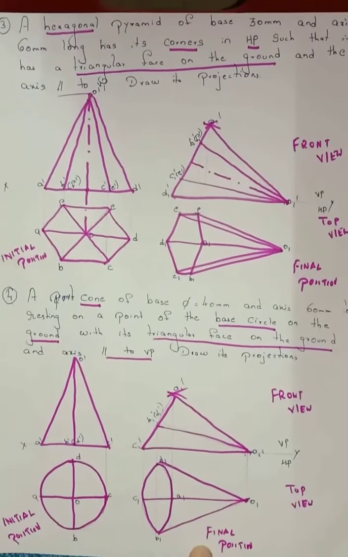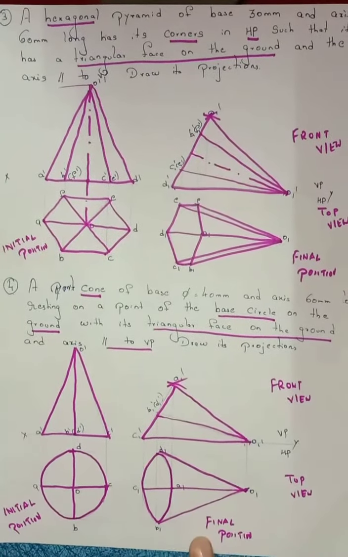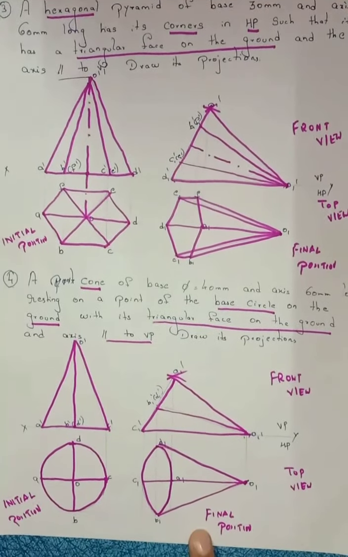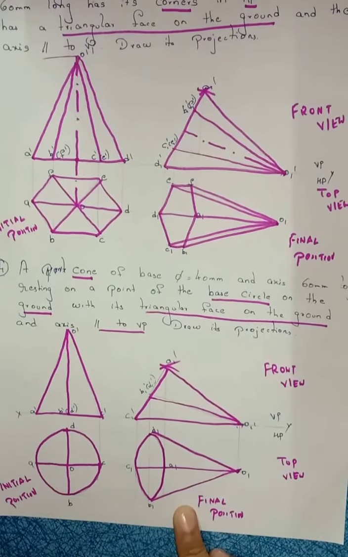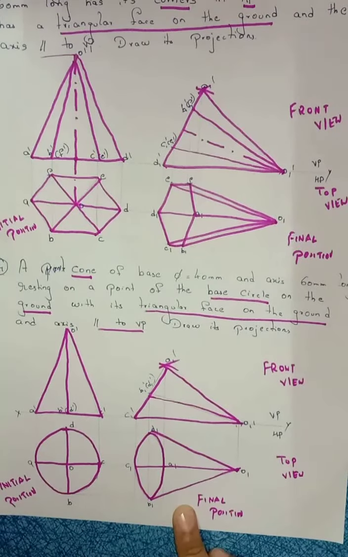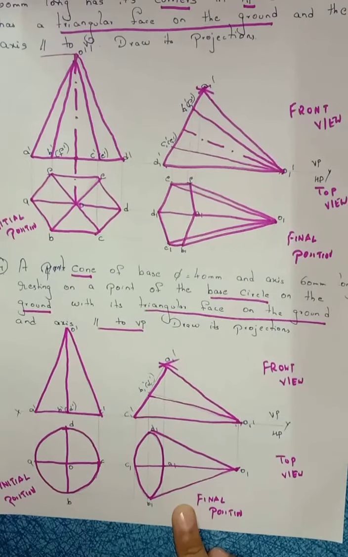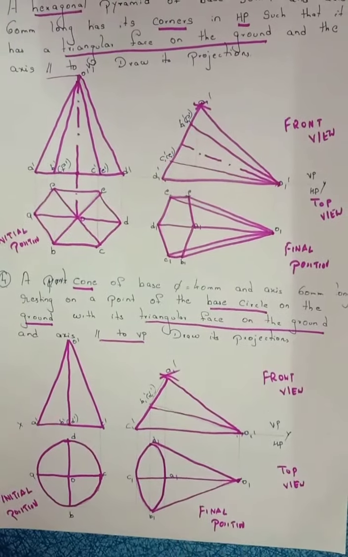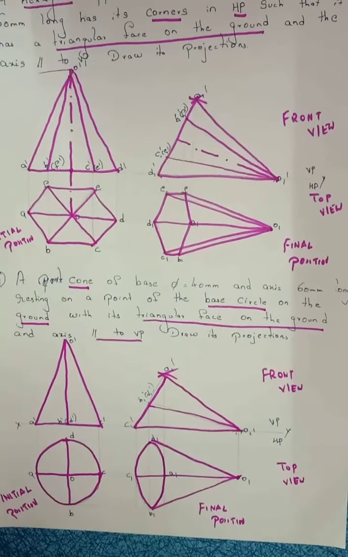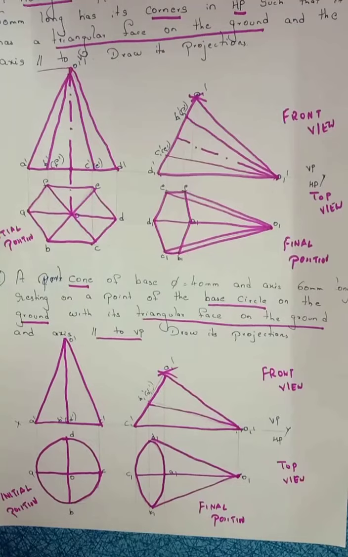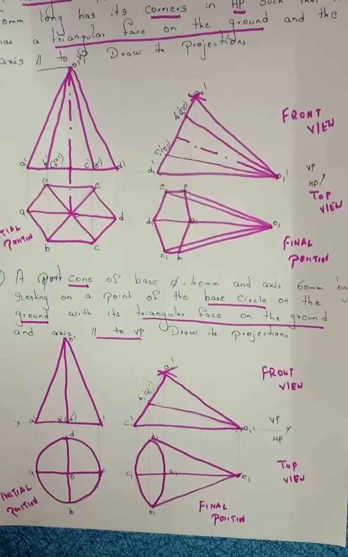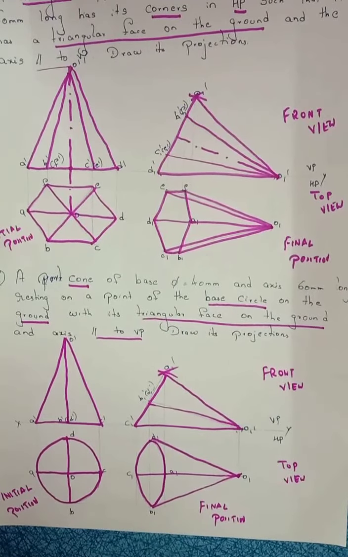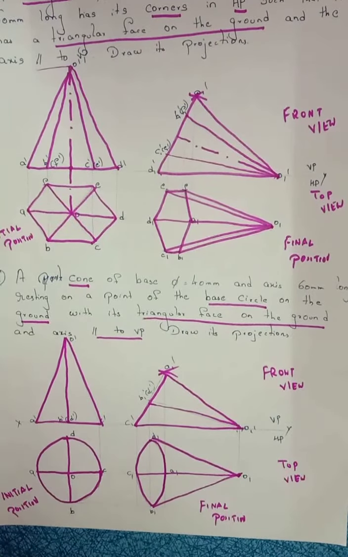Right? So this completes our pyramids problem. Right? So students, please read the question carefully. After reading the question, remember 4 points. It is the first thing, and second thing is read the question properly and clarify how many angles they mentioned in the question. If they mention 2 angles, draw 3 positions. If they mention only one angle, draw two positions. If they didn't mention any angle, draw only one position.